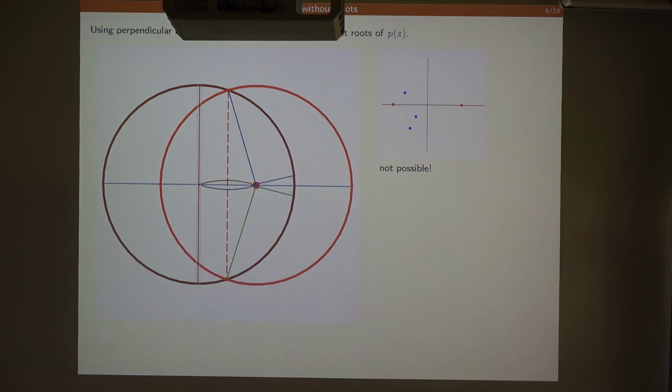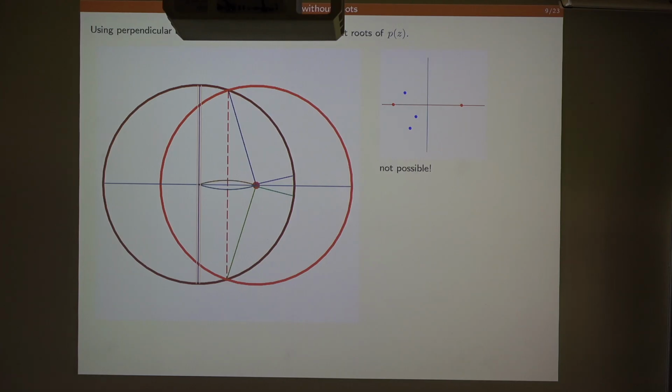Yes. You talk about this perpendicular line. You used the previous theorem, and there was a circle with another possible root in the circle. It's possible, for instance, to have a root here, a root of the polynomial. It's possible here, not possible here, not possible here. And the reason why it's not possible is because the perpendicular line you draw does not intersect the lune, and the center of the red